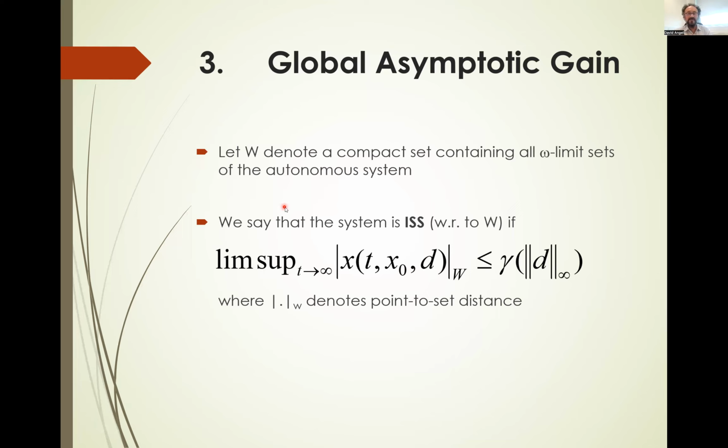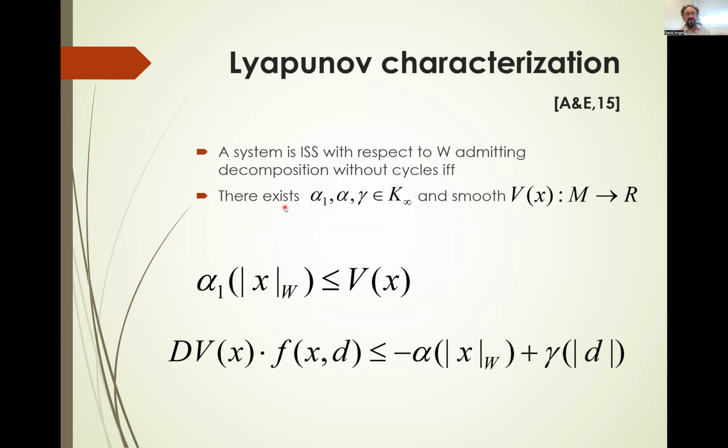But so we'll say this more precisely later. So with this definition, what we get is this equivalence. Basically, a system is input to state stability with respect to W if W admits a decomposition without cycles, if and only if there exist K-infinity functions alpha 1, alpha, and gamma, and a smooth function V of x defined on our state space, which now is a manifold in general M, such that